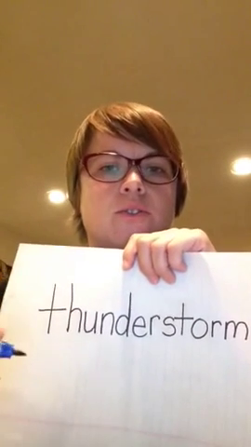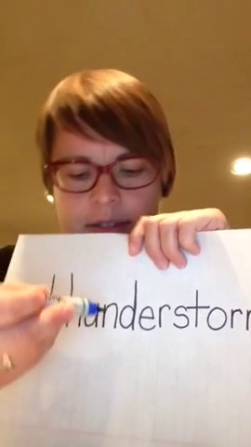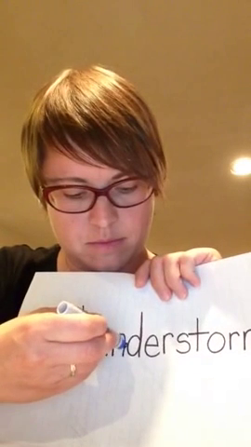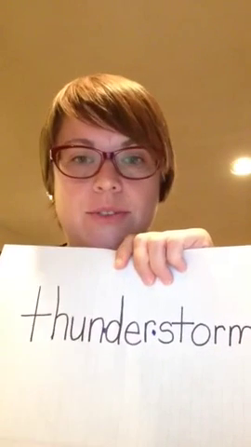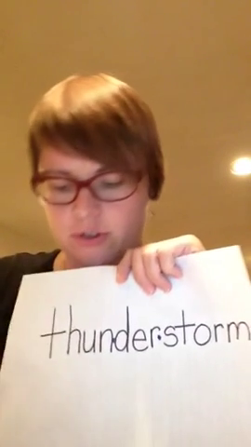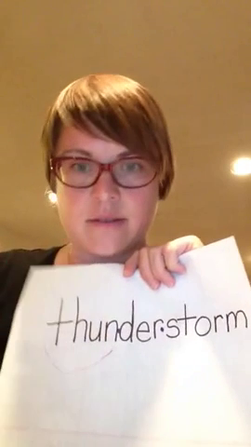So you have your highlighter, and we're going to think about it. You might have had to do it auditorily first. Thunderstorm. Were you able to get them here? Thunder, storm. There are the 3 syllables. Do you see them? Here's the first one. Thunder,